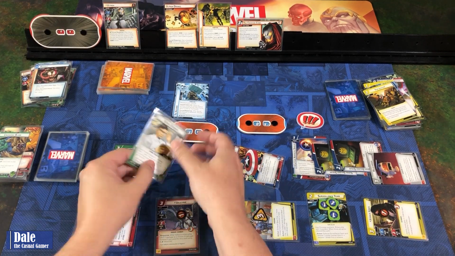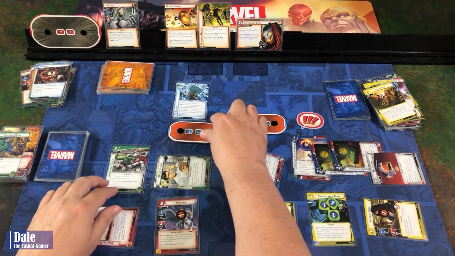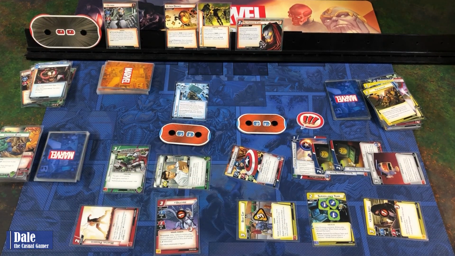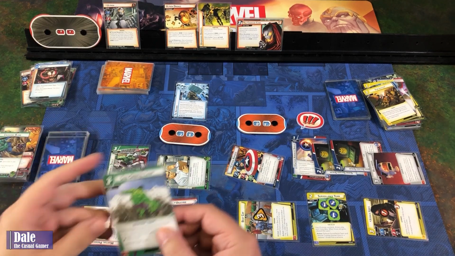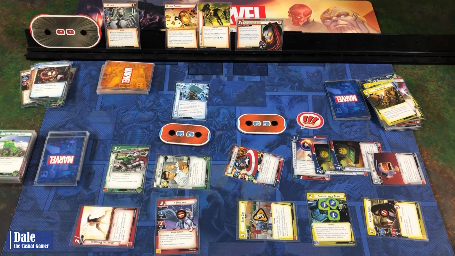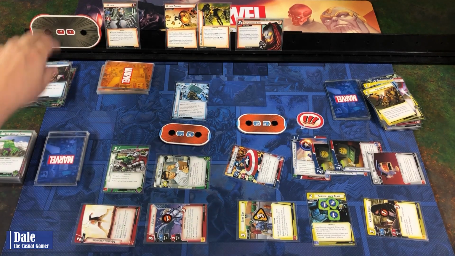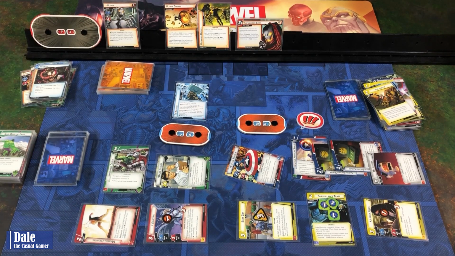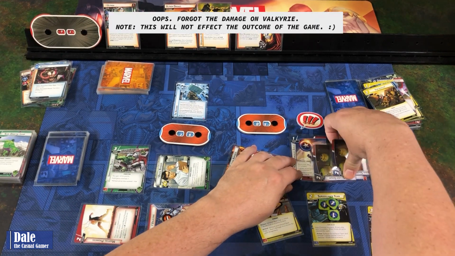Then we're going to flip Hulk over and let him recover, so he'll go up to 15. We'll use his ability to draw a card and discard a card. Yep, not too concerned about that one. And then have Valkyrie swing for 2, taking Ultron down to 2. So ending her turn,